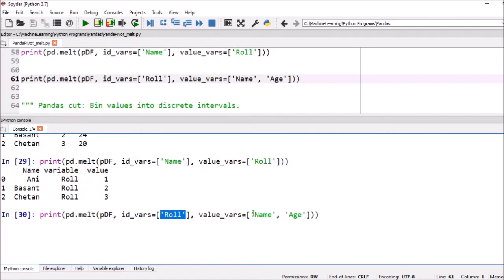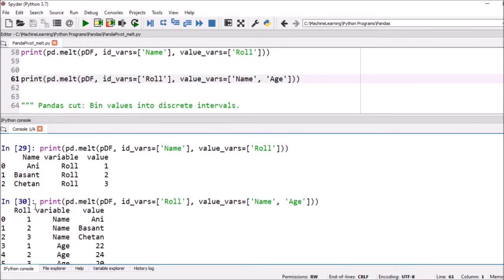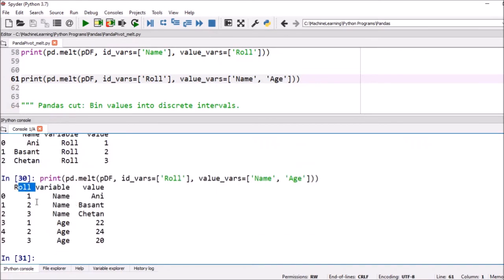Okay, we can execute it. Now you can see the first column is roll number: 1, 2, 3, 1, 2, 3, and variables are name. So the name of first roll number is Annie, second is Basant, third is Chetan. Similarly, age of first roll number is 22, second is 24, third is 20.